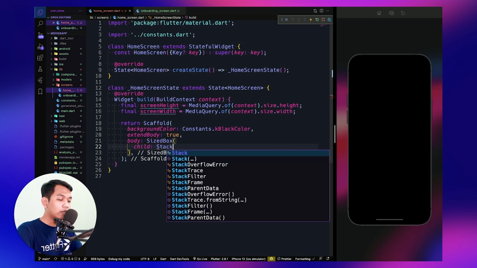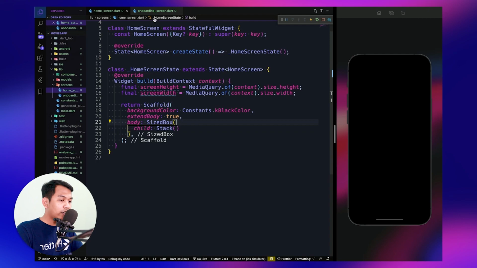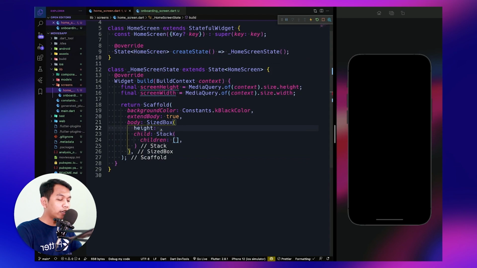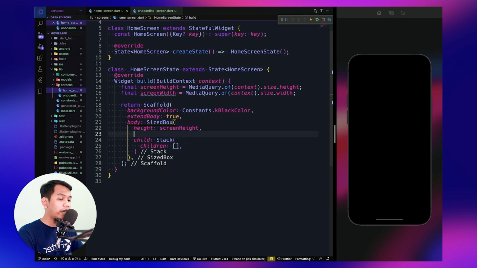Inside this Stack widget, we can give children. Don't forget to set the height to screen height to make this SizedBox as tall as the screen, and for the width, we use screen width, like this.